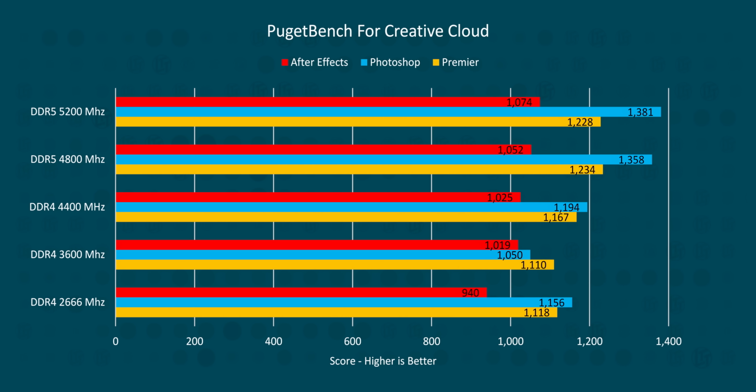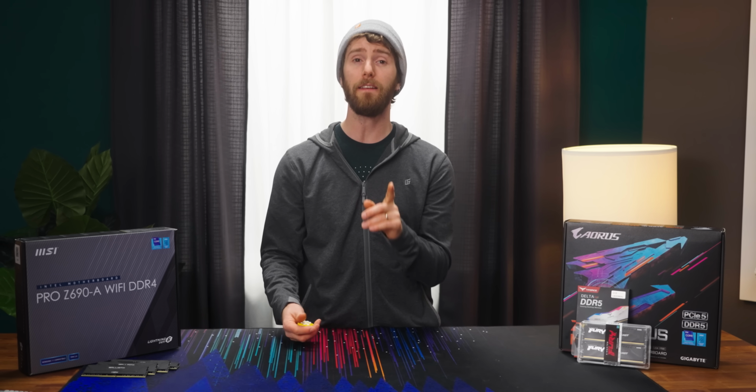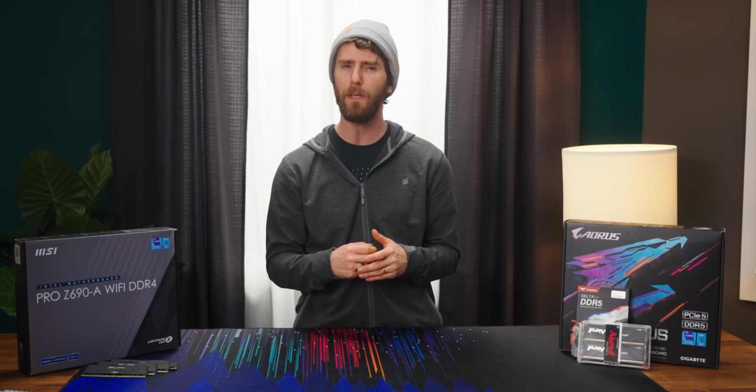And Puget Bench is an interesting case because every Adobe app tested here gets a performance uplift, but none of them are as stark as Photoshop. Even our low-end DDR5 kit is 14% faster than our high-end DDR4 kit, and that's saying a lot. Though this again makes sense because of Photoshop's memory-intensive layer and effects operations where the GPU isn't really doing a